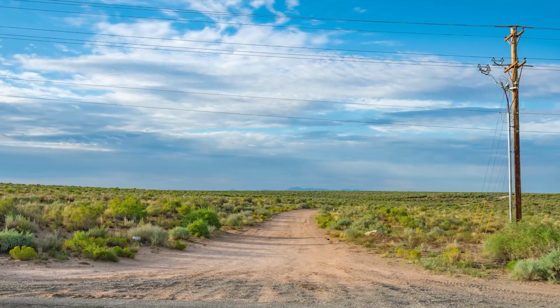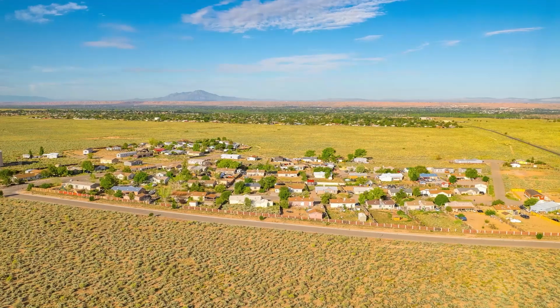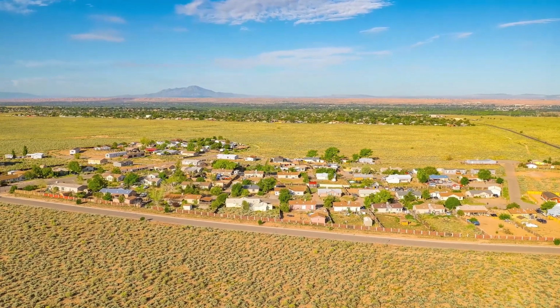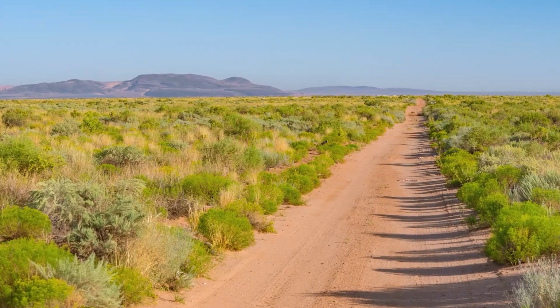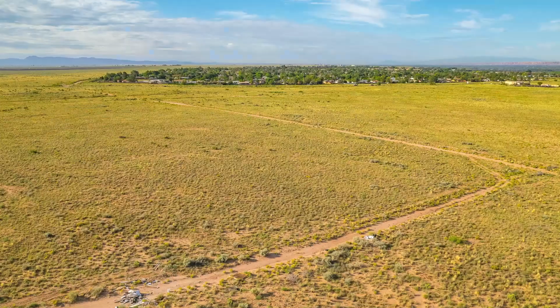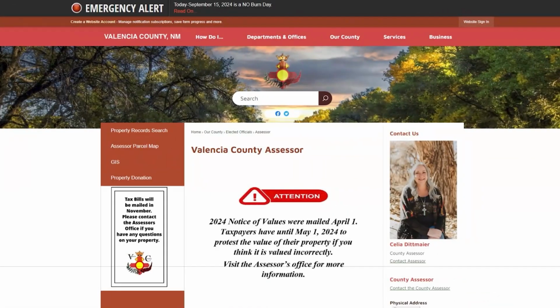Some maps will say that a 1 acre lot is only a half acre in size, others will say it's 2 acres, others will say it's 5. So, in the interest of eliminating all confusion right now, I want to show you guys where we get these very precise acreage calculations from and how you can check on them if you are so inclined. So, all of our numbers come from the Valencia County Assessor. And if you go to the Valencia County Assessor's website and click on this Assessor Parcel Map link here,